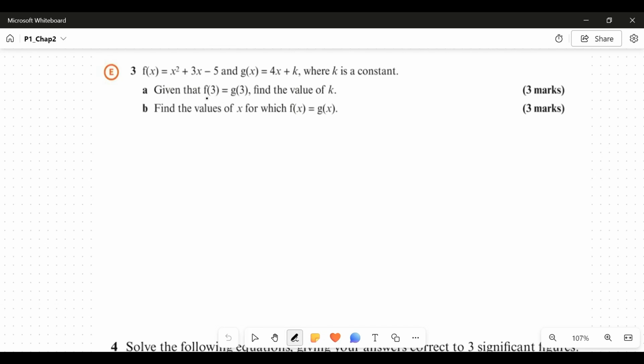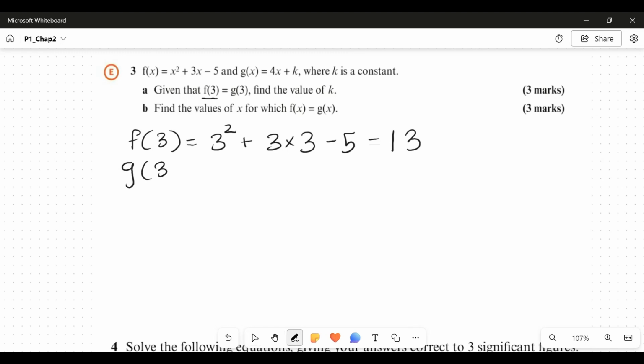Now, if we want to write f of 3, we're going to write this equation, but instead of x, we're going to replace all the x with 3. So f of 3 can be written as 3 squared instead of x squared, plus 3 times 3, minus 5, which equals 13. And then we can write g of 3, which is